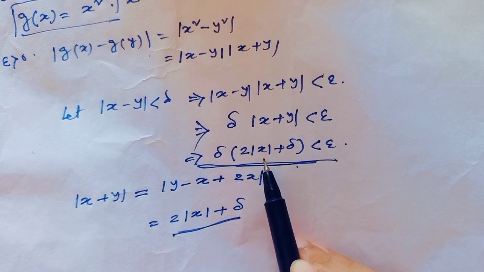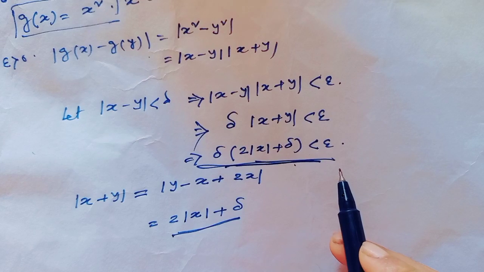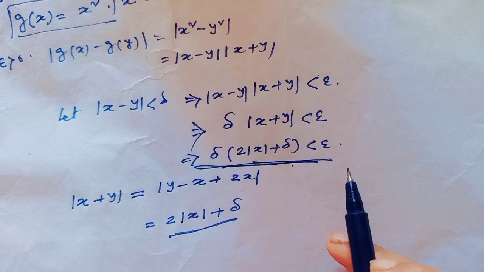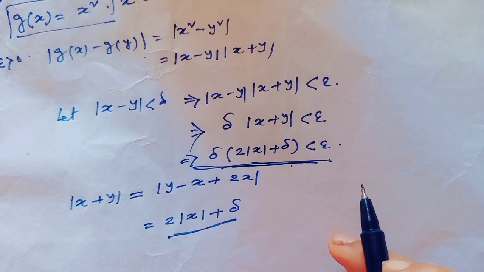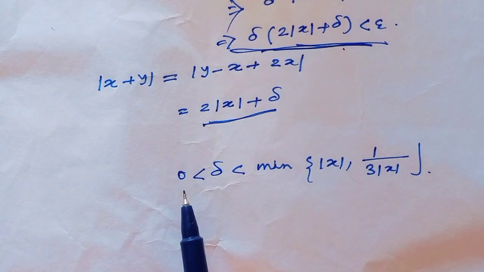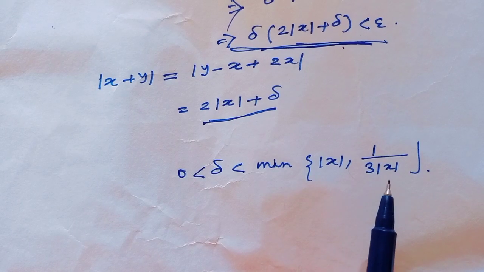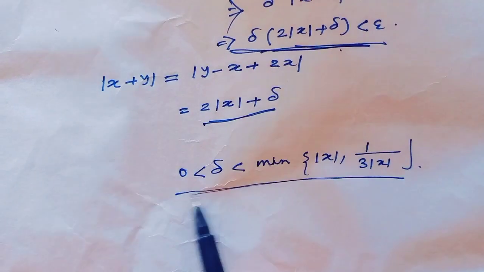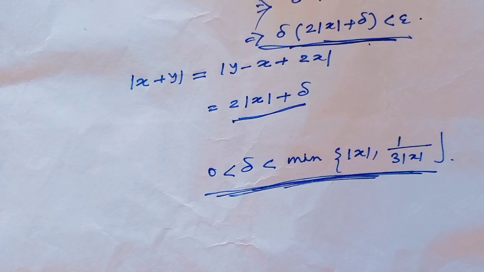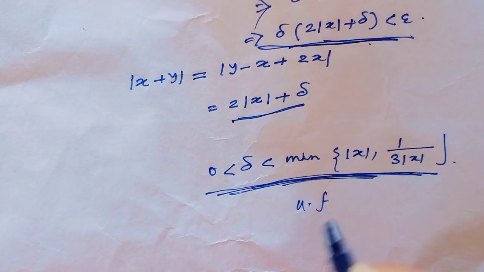If delta is less than |x|, then the whole expression is less than delta times 3|x|. And if |x| is greater than 0, then delta is greater than 0 and less than the minimum of |x| and epsilon over 3|x|. Delta works in this interval, and here delta depends on the point. So the function is not uniformly continuous